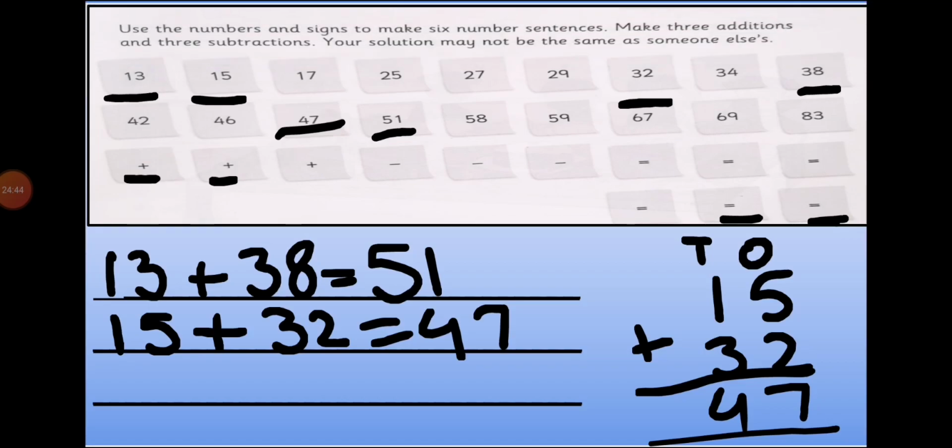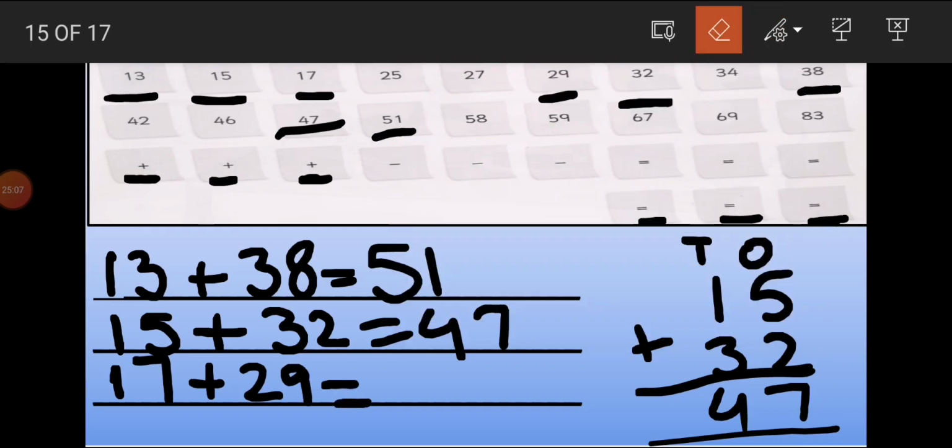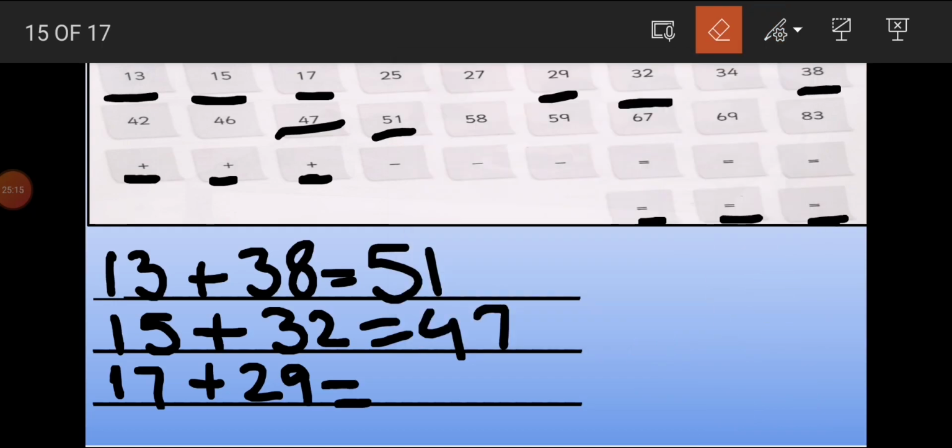Now again I will choose one more number sentence. I have to make one more number sentence here. So I will choose my numbers from this list. I am choosing 17. Now I am choosing my addition sign. Now I'm choosing the next number, that is 29. Then is equal to sign. Now we will add these two numbers, 17 and 29. Again we make a rough work here. Ones and tens. In number 17, 7 is ones and 1 is ten. In number 29, 2 is tens and 9 is ones.